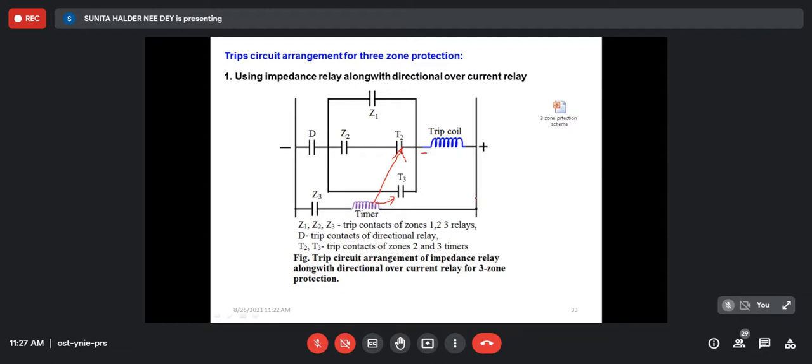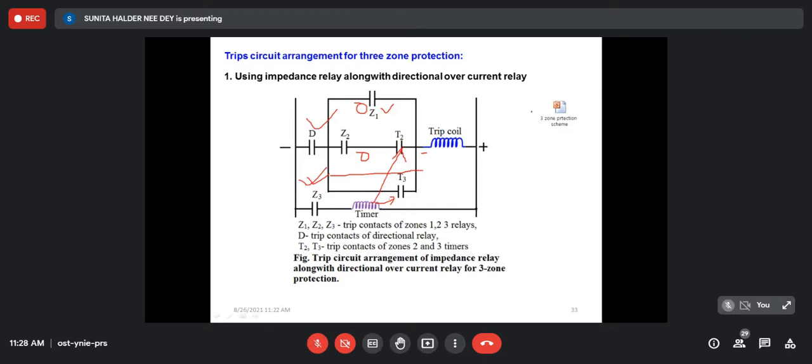So in that way, it will be operated, right? Oh, sorry, I have made one mistake. Zone 3 relay will connect the timer. So when the distance relay is initiated, zone 3 relay will be operated and it will connect the timer. So the T2 time will come at first. When Z1 has not operated, time has gone, then T2 time has reached, then Z2 will operate and this contact will close. If it fails, it is open circuited, then this timer, after a time T3, will close this circuit, then the trip coil will be energized. Have you understood?